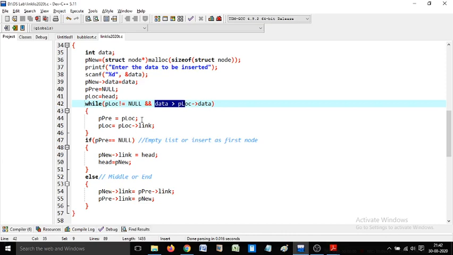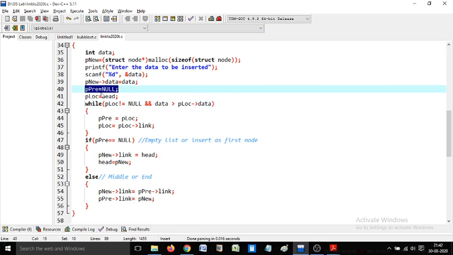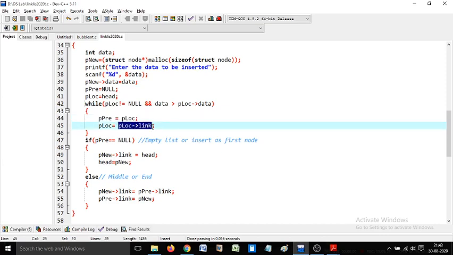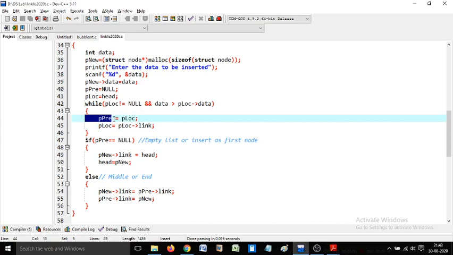So how do you know the address of the previous node? For that we are using the p3 pointer. You can see that the p3 pointer starts with the null value, and it is always one step behind the p location pointer. So when p location becomes its next address, p3 becomes the old p location. In this way we always ensure that p3 is one node behind the p location node. So the moment we find that p location has a value larger than our value to be inserted, we can just use the p3 pointer to attach the new node. So we will see that code.